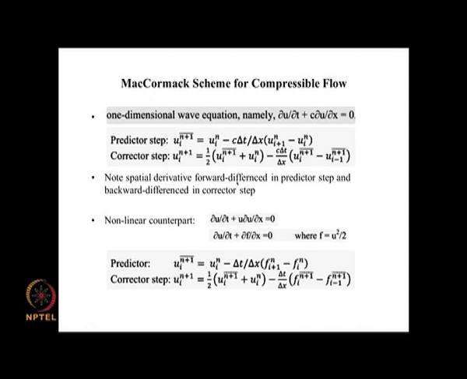You had C here, now it is C equal to 1, and so you can write this as U_i^(n+1 bar) equal to U_i^n minus delta T by delta x, the value of flux at i plus 1 minus the flux at i at the nth step. Now, this is forward differencing.